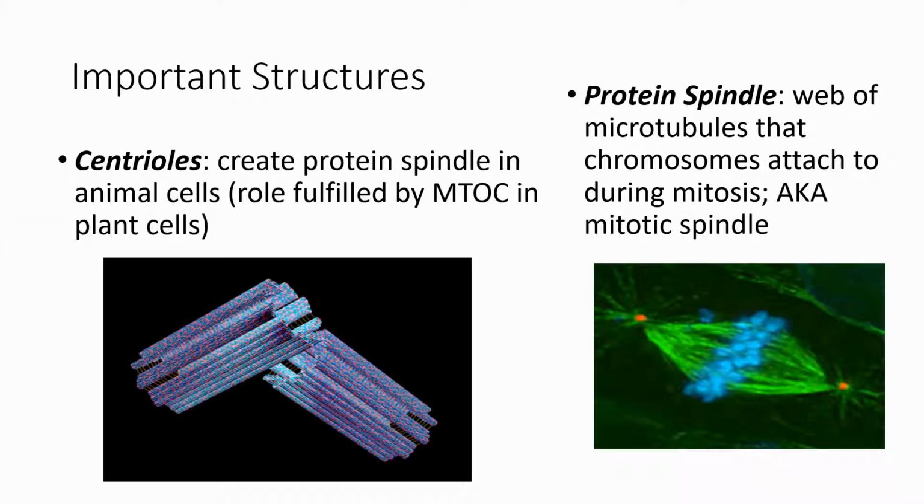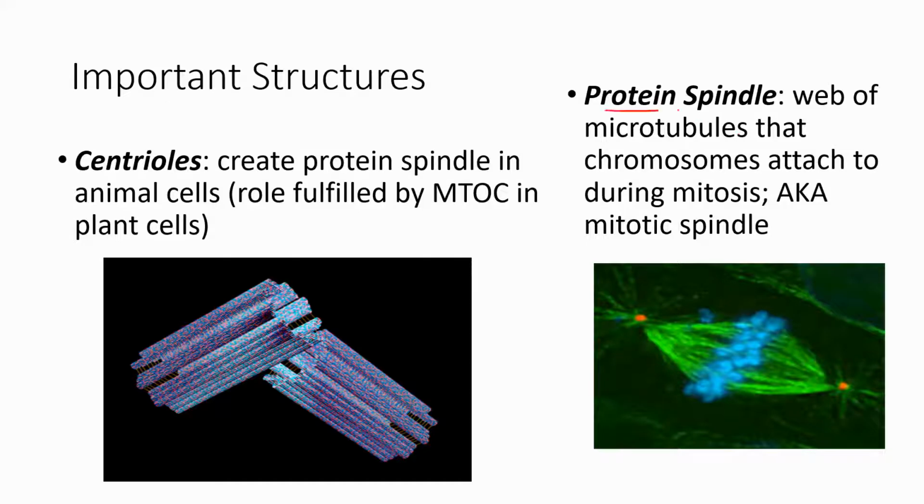All right, so aside from the chromosomes, there are a couple of other important structures. The centrioles, which are made up of groups of microtubules. Centrioles or centrosomes are the bodies that are found in animal cells. In plant cells, they don't have these distinct centrioles. Instead, they have an MTOC, or microtubule organizing center, and its purpose is to form this structure right here called